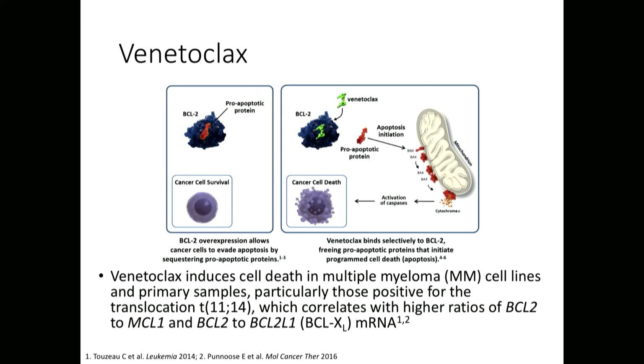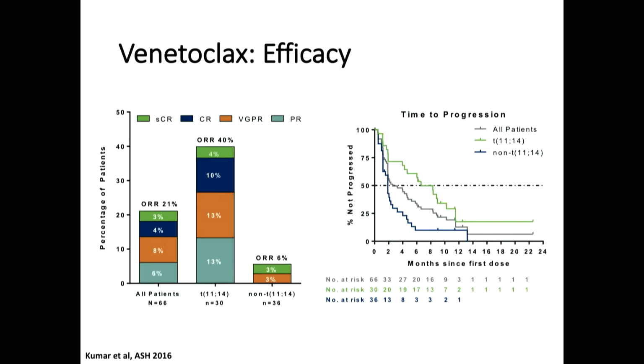Now, another drug which has been quite exciting in this field has been Venetoclax. Many of you treating patients with CLL have been used to this drug. It's a very selective BCL2 inhibitor, and the BCL2 family protein has a significant role in myeloma biology. Most of the myeloma cells tend to express high levels of BCL2, but also high levels of MCL1 in a subgroup of these patients. So what we have found with the single-agent Venetoclax in patients with relapsed myeloma, and again,